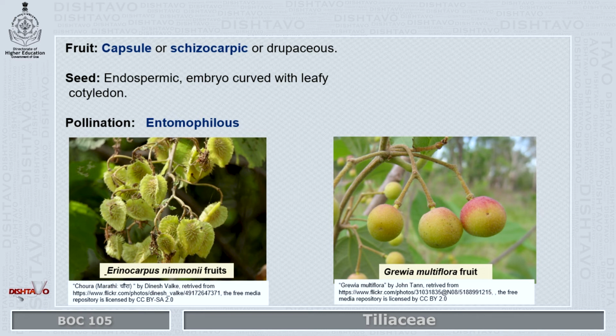The schizocarpic fruit you can see in the picture on the left side. It is very much clear there. And drupaceous is another type of fruit which we can see in the Tiliaceae family. The seed is endospermic, the embryo is curved with leafy cotyledons, and pollination is entomophilous, that is, it is pollinated by